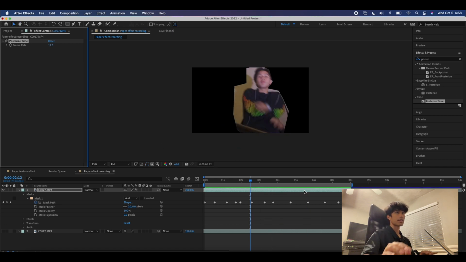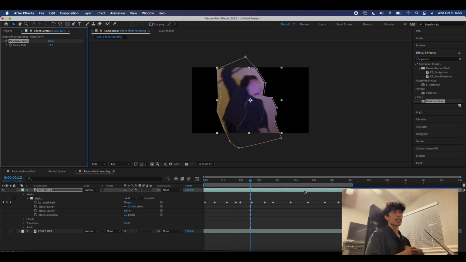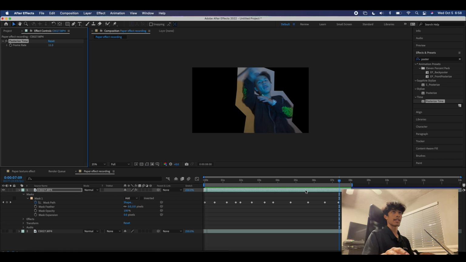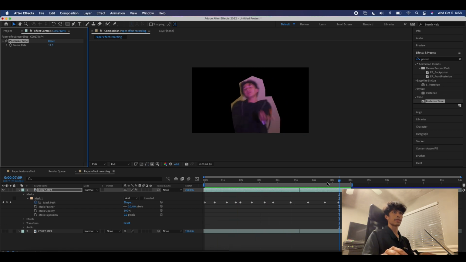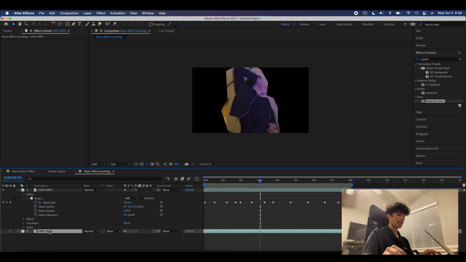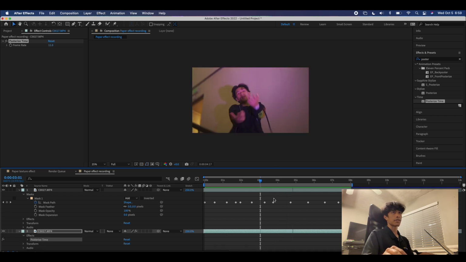And once you play it back, you can see we have this nice stop motion frame effect. It's pretty much just lowering the frame rate down, but it adds this cool effect to it. Next thing we're gonna do before we move on is we're just going to simply hit the posterize time effect on your effects panel, hit Command C to copy it, and then we're gonna come over here down to this bottom layer and hit Command V to paste it. So now that way we have both layers with a stop motion freeze frame effect. And you can see if we play it back, all of it just looks like it's in 11 frames per